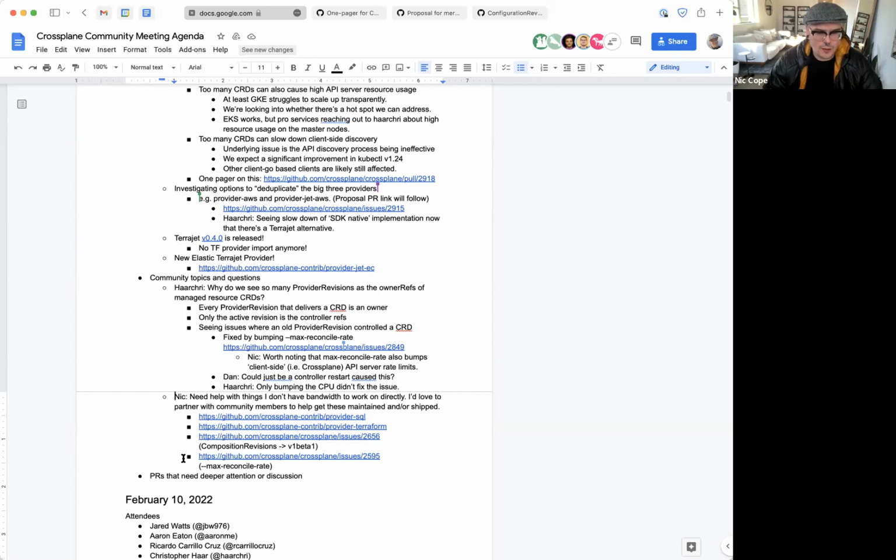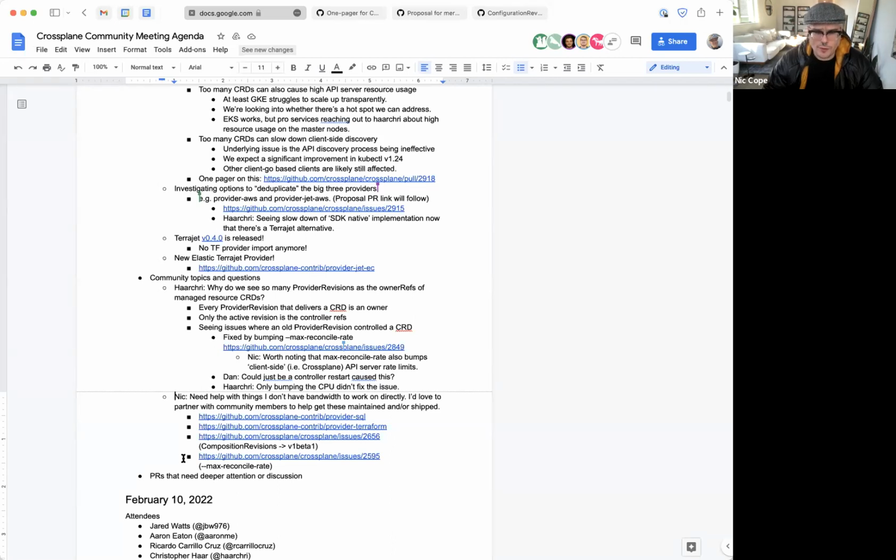The three things that I've added here are basically a call out for new maintainers for these first two providers, and for people who are interested in becoming maintainers or contributors to Crossplane. The composition revisions max reconcile rate functionality is half implemented at the moment and needs to be taken past the finish line. So I'll go through these in order. It's, I think, roughly from most to least